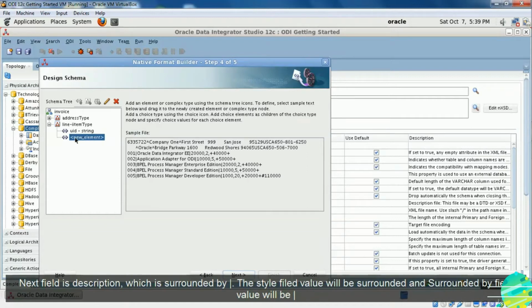The style field value will be surrounded and surrounded by field value will be pipe.